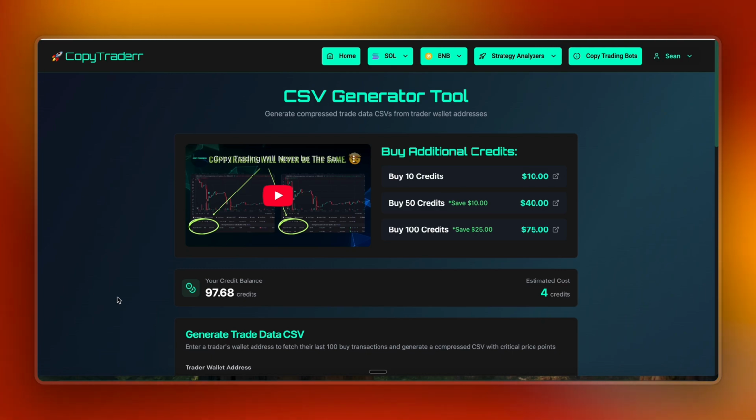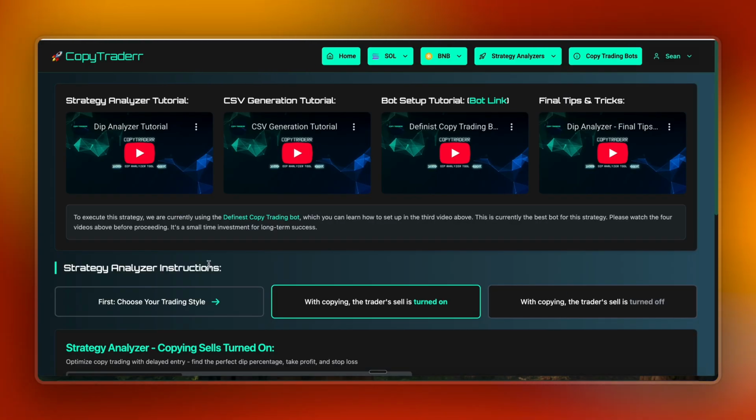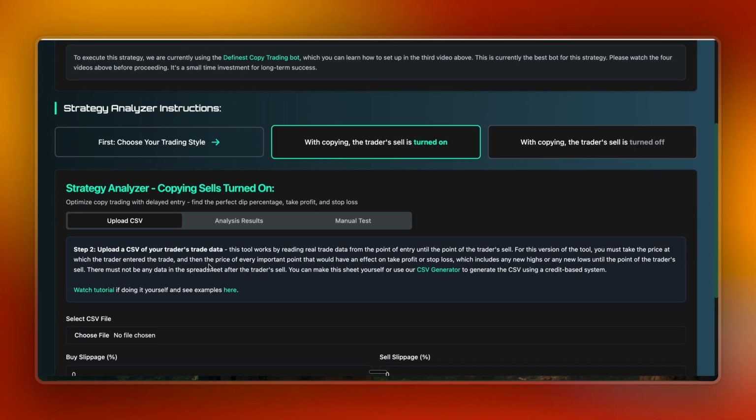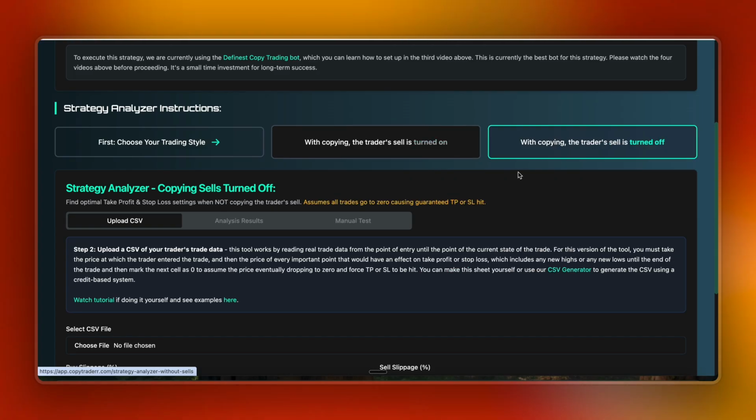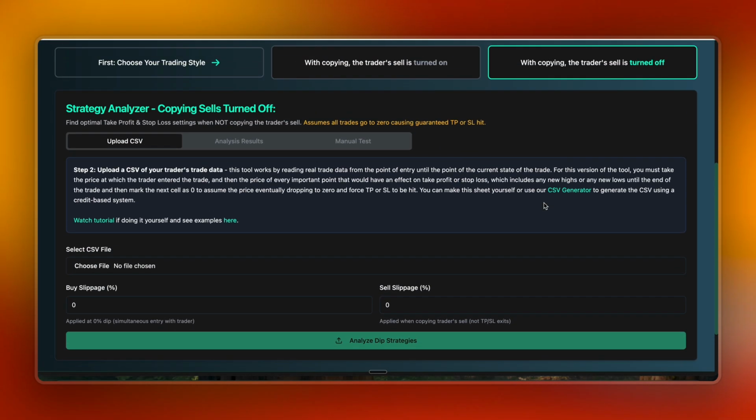Alright, welcome everyone. This is going to be a quick tutorial on how to use the CSV Generator tool to generate your CSVs to use in the strategy analyzer. Whether you're copying the trader's sells or you're choosing to check what the best results would be not copying the trader's sells. Now this video is very important because this strategy analyzer is the most powerful copy trading tool in